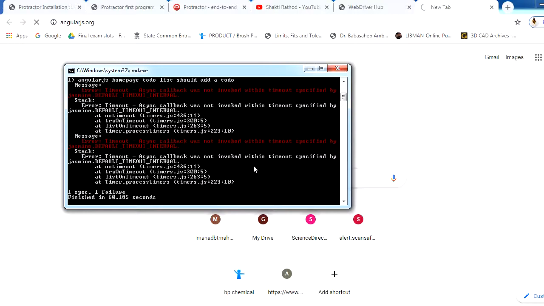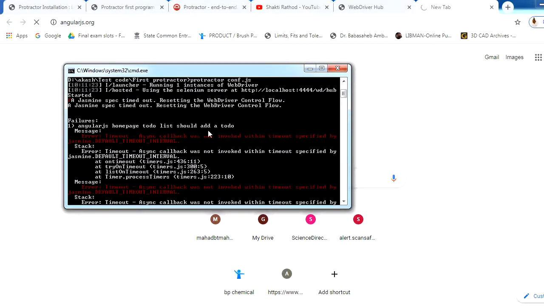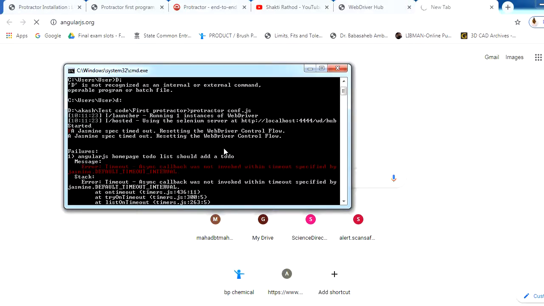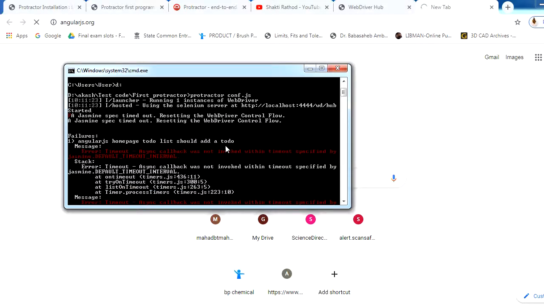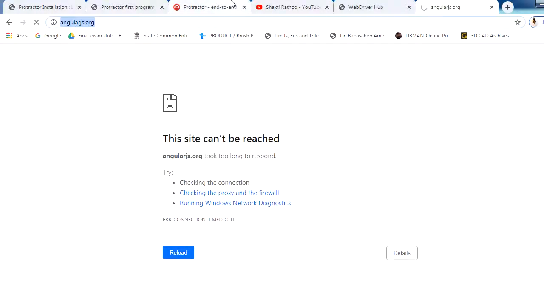So we got a timeout error over here, because our website has not been reached. Our automation doesn't reach the specific website, so it has given a timeout error. So I think there is some error on this website only.